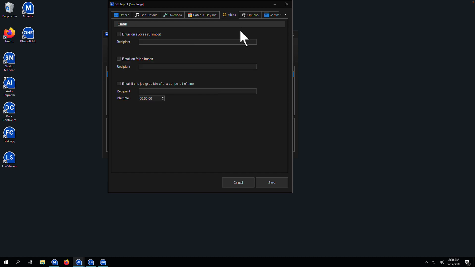Moving on to the Alerts tab, this is where we can send emails should a job fail, should it be successful, or if a job has not run after a certain time. If I set 10 minutes in this box here and I tick the box, if this job has not run within 10 minutes, it's going to email me to tell me it's gone idle. That may mean something further up the chain is not working because the auto importer has not seen any new